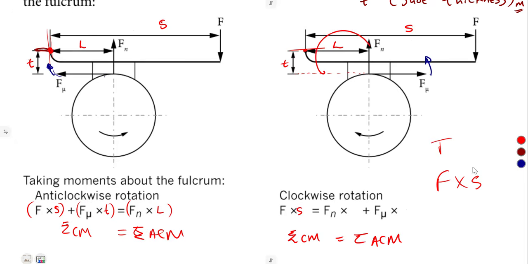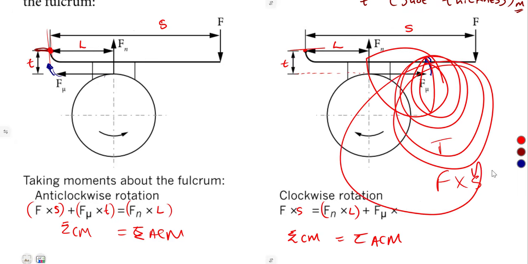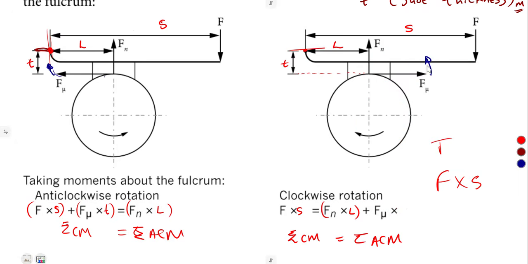Anti-clockwise, Fn times L. And we talked about the frictional force as it tends to go up, so it's going to maintain anti-clockwise direction. So that's times the thickness. Always you multiply by the thickness. That's it. So you can use that formula